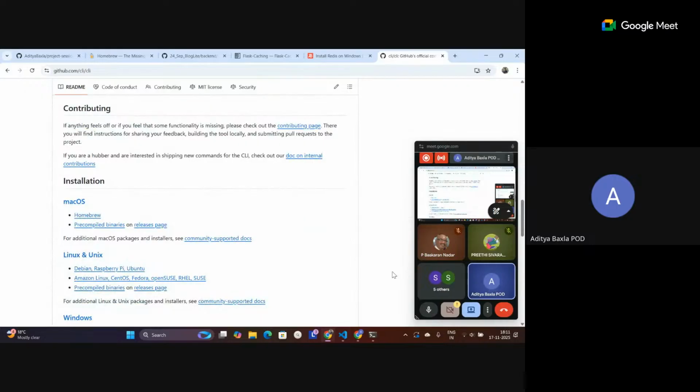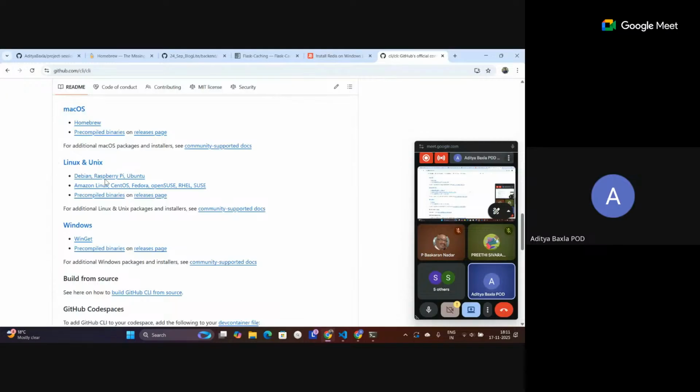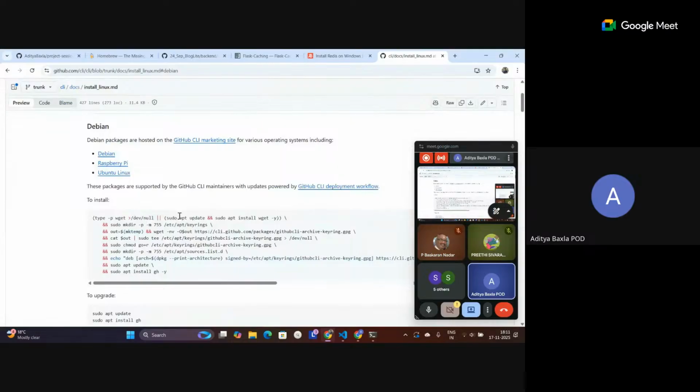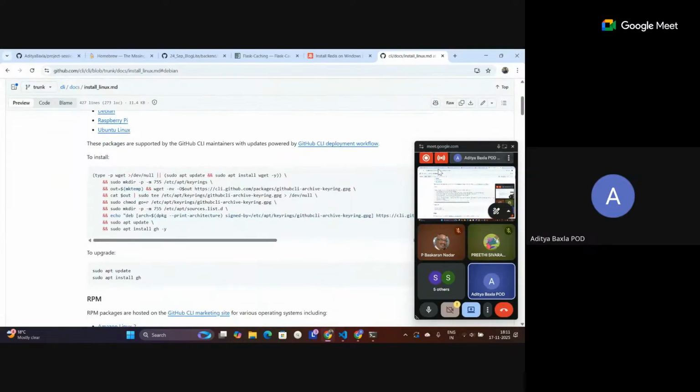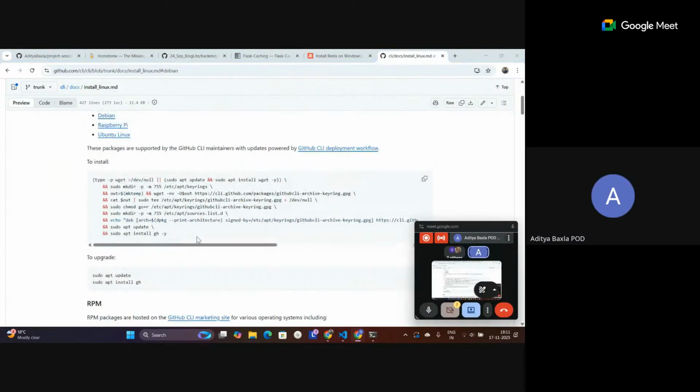So we will just install this GitHub CLI for Linux. And you see this command over here is a long command. Just copy it, paste it, and then you should be able to use GitHub CLI. And to authenticate yourself from the terminal,